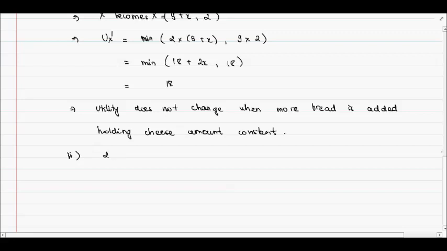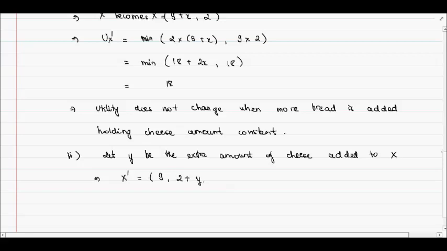Let y be the extra amount of cheese that is going to be added to the consumption bundle X. Therefore the new consumption bundle X dash is again 9 units of bread, which remains the same, and 2 units of cheese